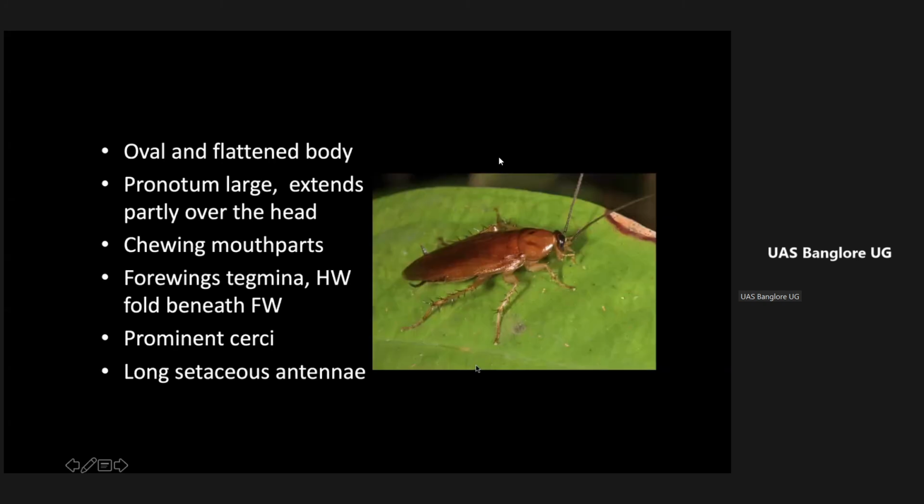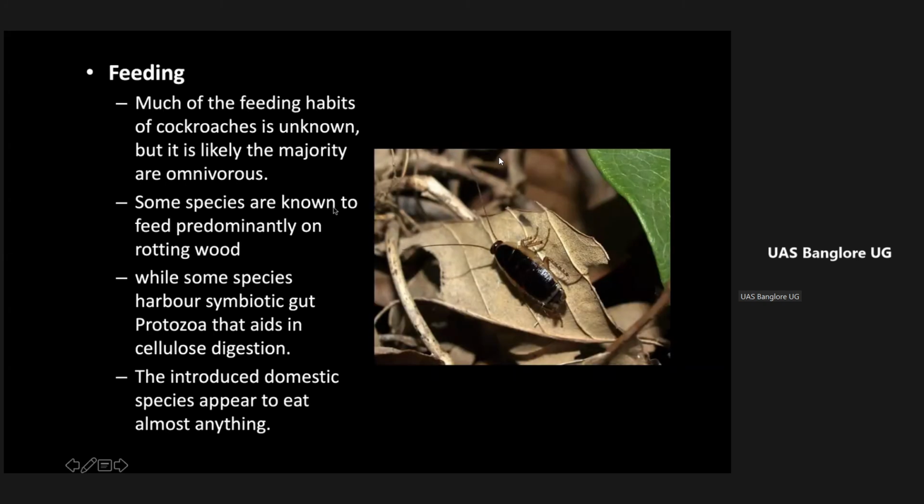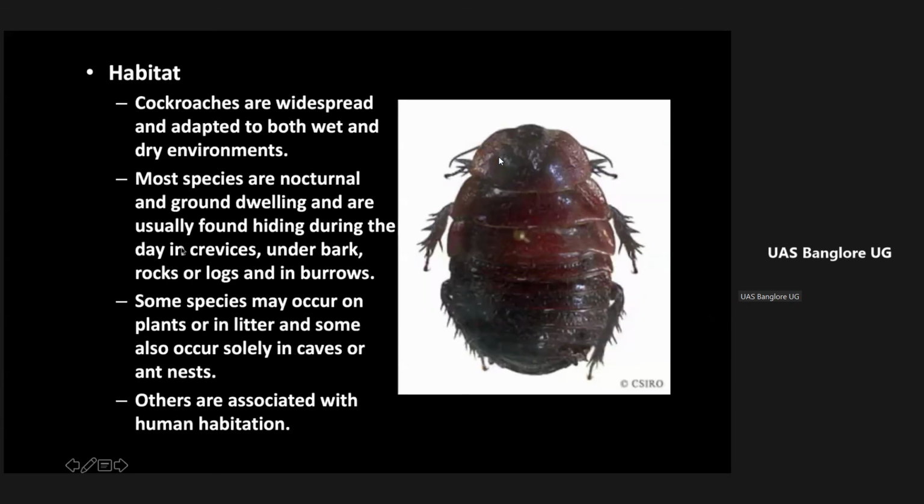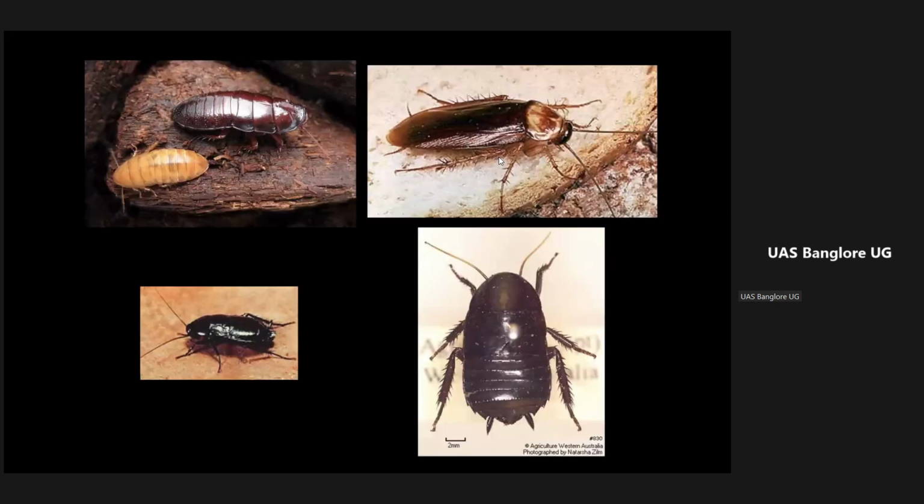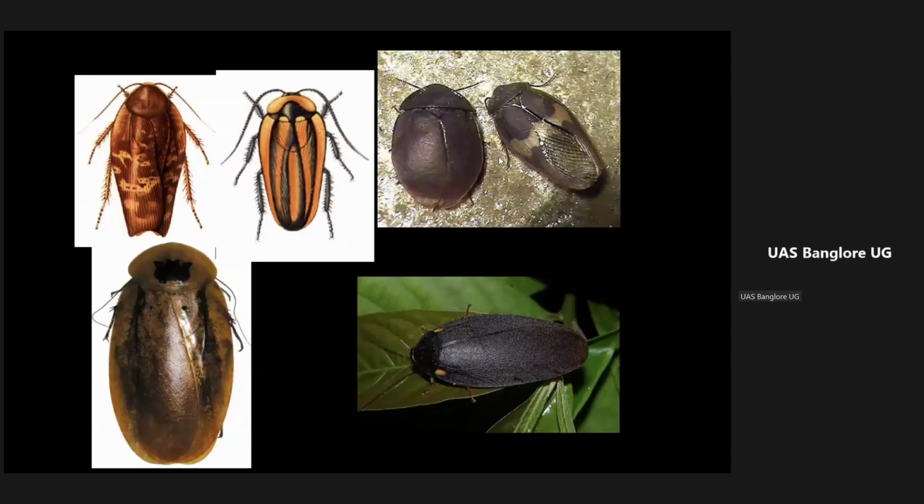Then, where do you find them? You can get cockroaches everywhere. If you go to your room, your kitchen, a lot of these places, you get them. They are scavengers, they eat almost everything, and they are widespread, present wherever the human population is. Very interesting cockroaches, look at the way they are. It's not only the one which you collect, but quite interesting cockroaches.